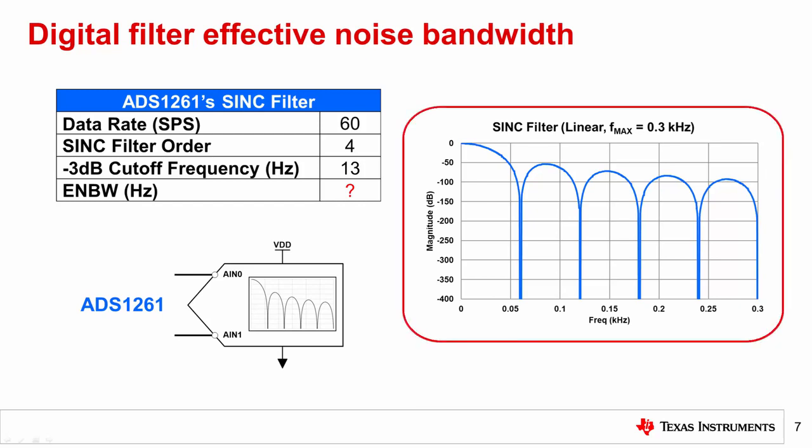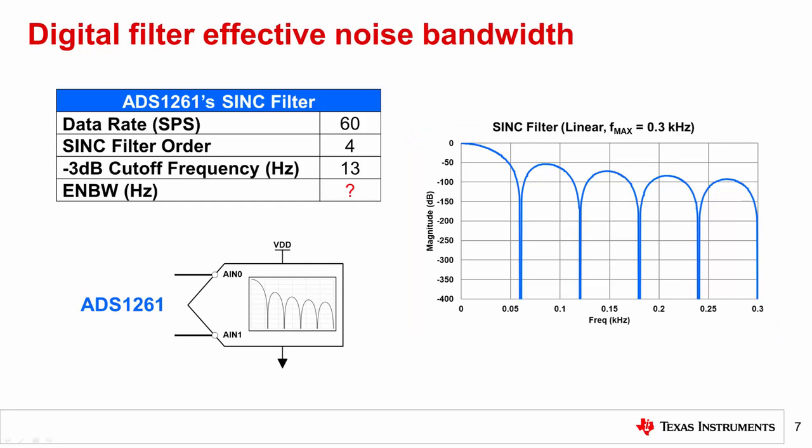If you look at the sinc filter's frequency response in the ADS1261's datasheet, you would typically see something similar to the plot shown on the right. The sinc filter has notches at regular intervals that are integer multiples of the output data rate. Note that this plot has a linear frequency axis, unlike the anti-aliasing filter plot shown on the previous slide that had a logarithmic frequency axis. This difference complicates the process of combining the filter responses, as it prohibits you from simply adding them together point by point. Moreover, a sinc filter response repeats indefinitely. It doesn't simply stop at 300 Hz as it might appear on this plot.